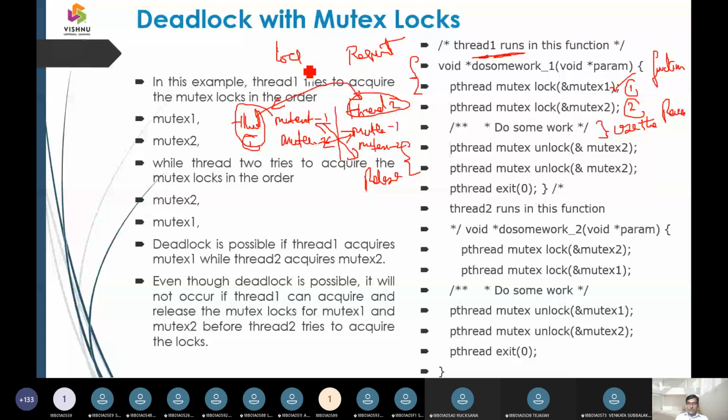Now coming to the second thread, it is going to do 2 1 here. So we can have a 1 to 2 and 2 to 1. In this way we are going to mimic one thread being dependent on another thread, where mutual exclusion may not be feasible, and it is going to bring up this deadlock here.